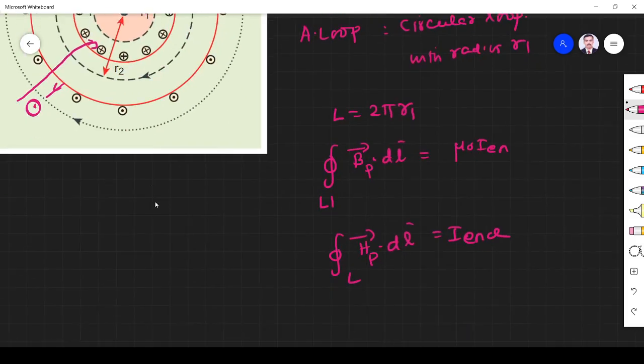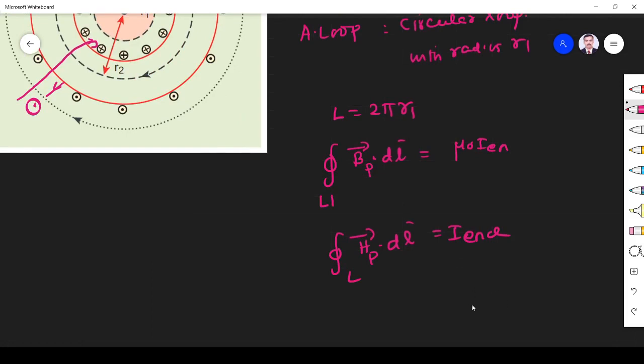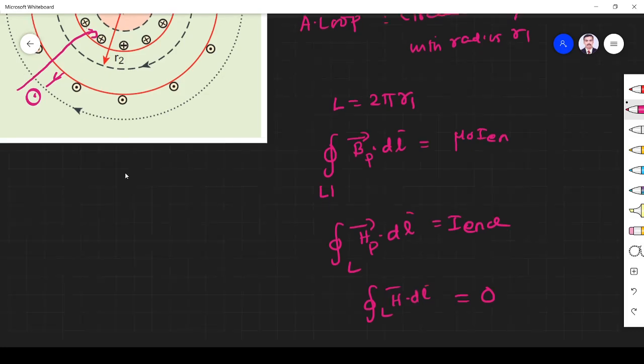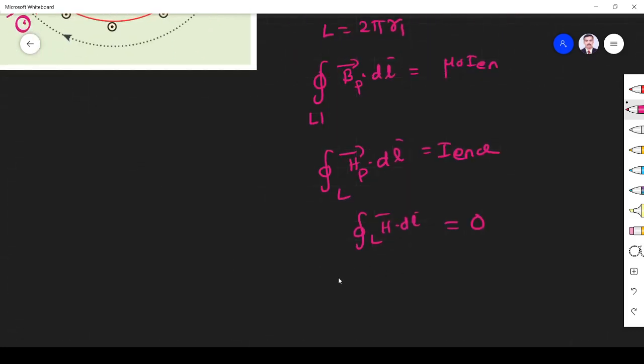Since no current is enclosed, I can say I enclosed is equal to 0. So what is the thing happening? The closed integral of H dot dl becomes 0, right? So this means what is the magnetic field? The magnetic field inside the interior region of the toroid, H, is equal to 0,